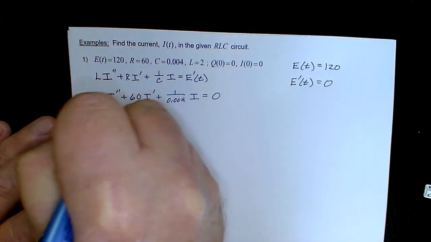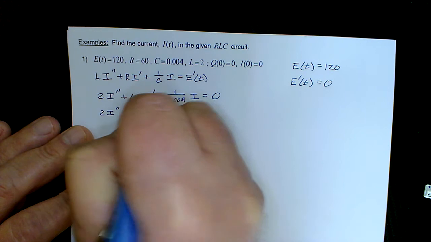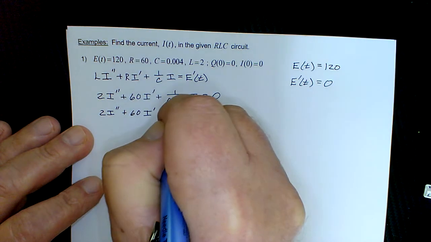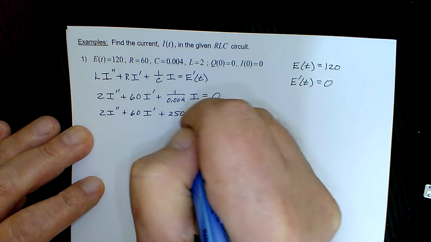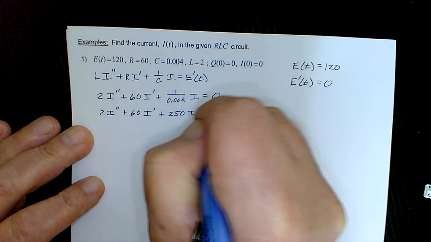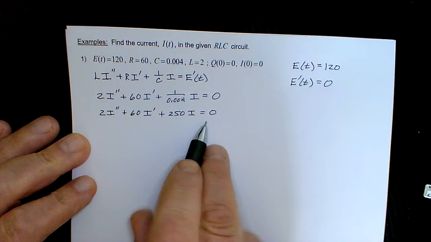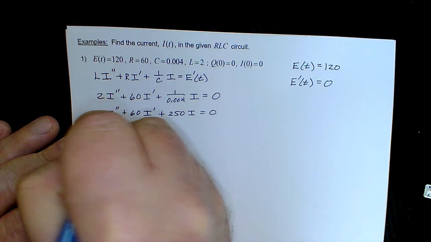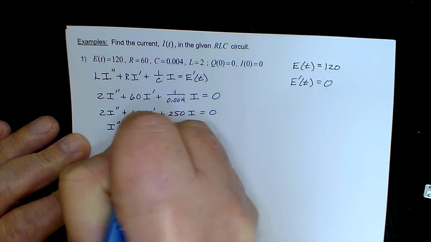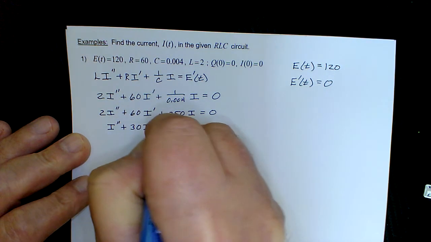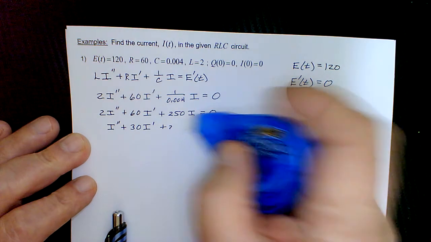So let's just be careful, not make any mistakes. 2I double prime plus 60I prime plus 1 over 0.004 is 250I equals 0. And to make things simpler, since all the coefficients are divisible by 2, let's divide out the 2. So I have I double prime plus 30I prime plus 125I